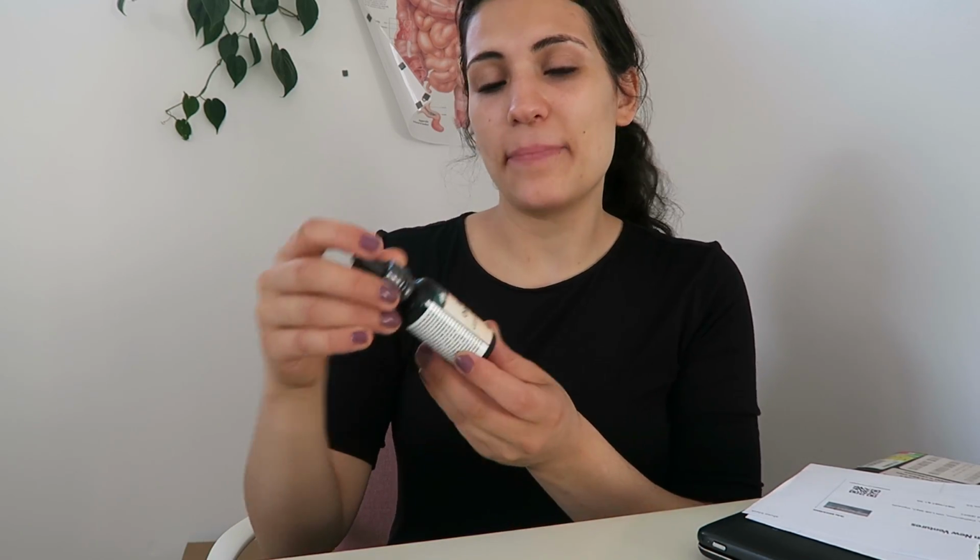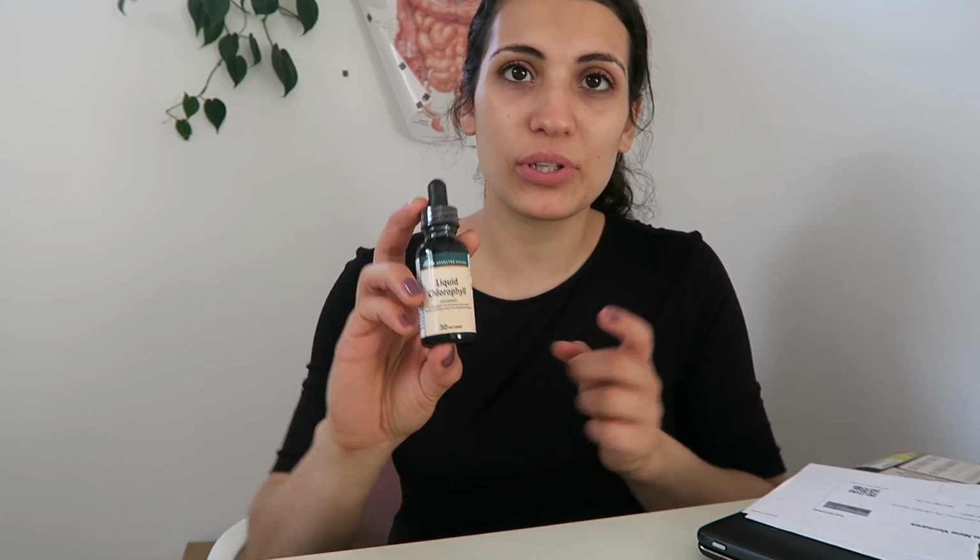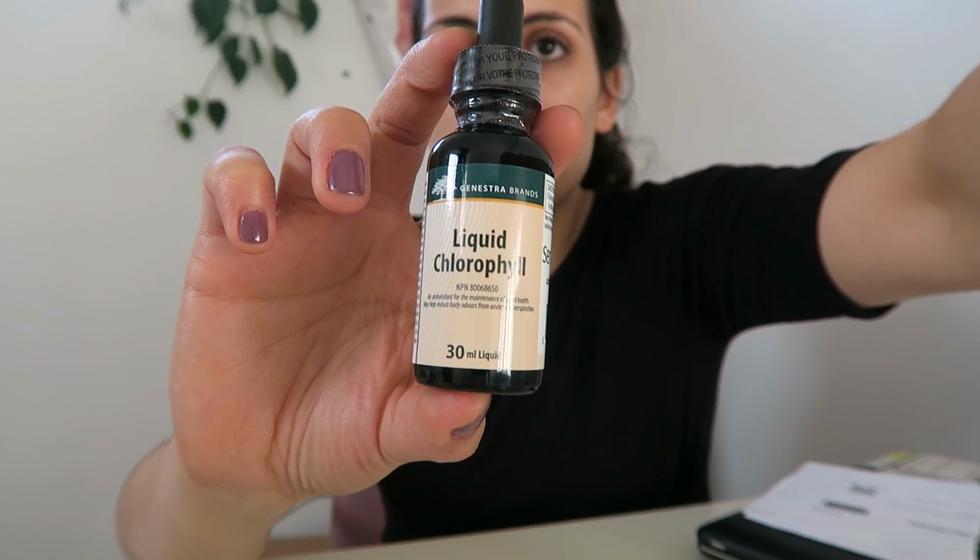The next supplement I really, really recommend is something green. So I like liquid chlorophyll. This one is, again, from Genestra, but there are so many different brands out there you could use. I just do half a dropper for my kids on an empty stomach in a little bit of water every day. What this will do is it binds to toxins in their colon and their gut, toxins from food that they might have consumed, pulls them out through their stool, but it also cleanses their